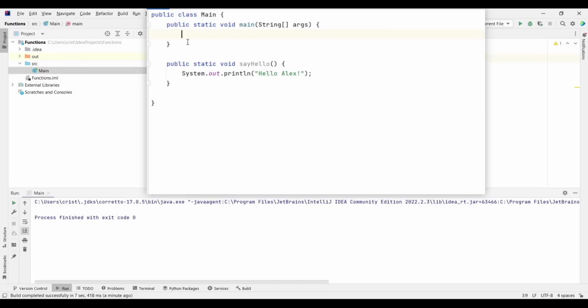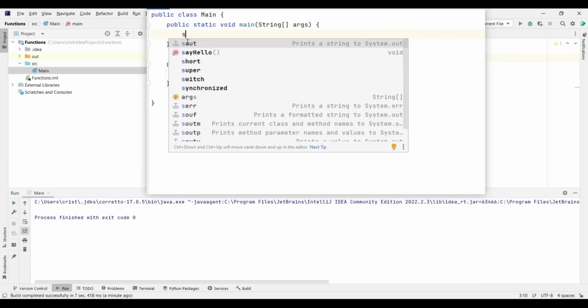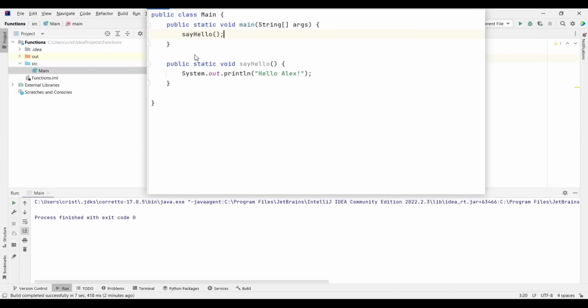So now what I can do here is type sayHello, and while I am typing, as you can see, we have suggestions. We have first SOUT, our shortcut, and then M, and M stands for method, or let's call them methods from now on. So our method sayHello. You can click on this one, and now it's going to be called from our main function. So let's select that and press enter.